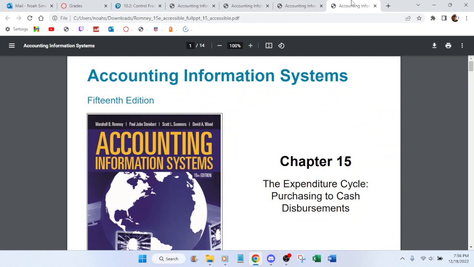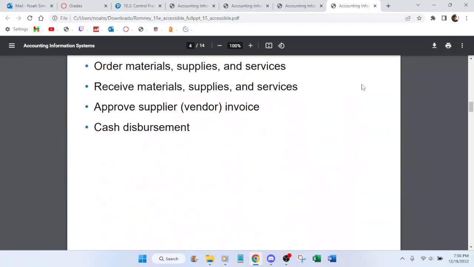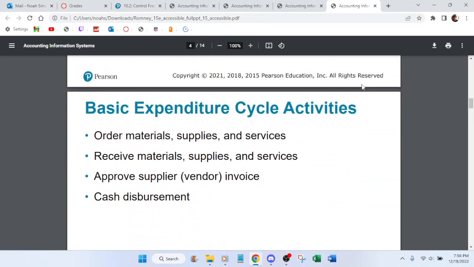Expenditures. The activities in the expenditure cycle are to order materials, supplies, and services, receive materials, supplies, and services, approve the supplier vendor invoice,